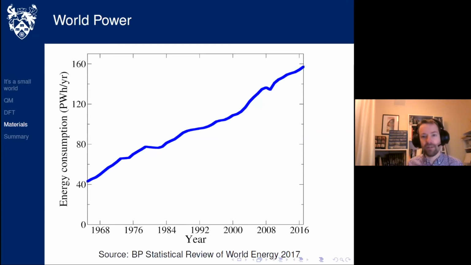So we really do have all of the ingredients we need now to make predictions. So what shall we apply our newfound capabilities to? Well, here is something that I suggest is a global challenge. This is the global energy consumption in petawatt hours per year. Okay, not kilowatt hours like you might use at home, petawatt hours. This is from a statistical review that BP did a few years ago. And I think you can see there is a fairly clear trend here that we are using more and more energy every year. And this isn't sustainable.